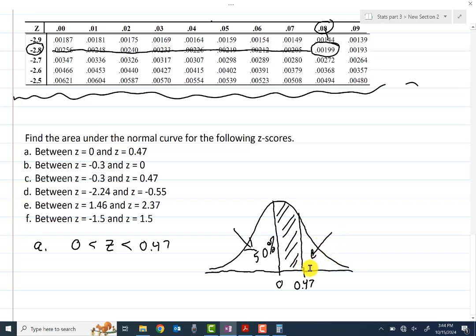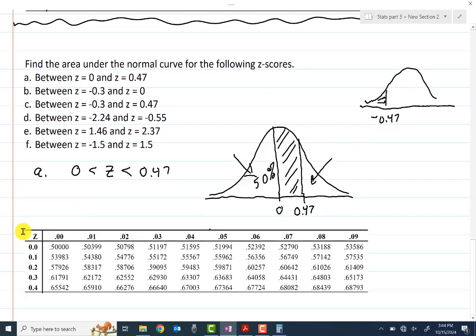Well, the table doesn't work from 0.47 off to the right. However, if you'll remember, this is the same amount as this. I'm going to just do it real quick. This will have the same area if you just go to the table and look up negative 0.47. Here's the relevant section of table. Here's 0.4. There's our 7. We'll go along here and along here, and we get,